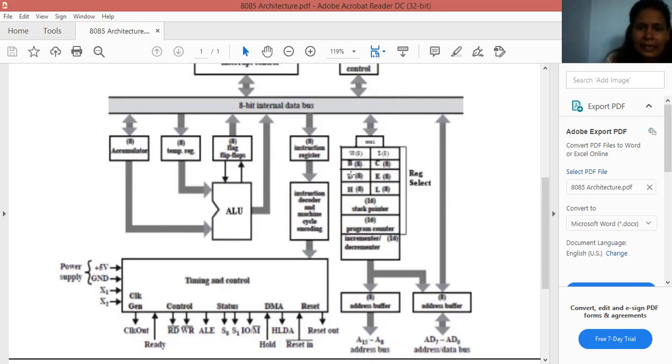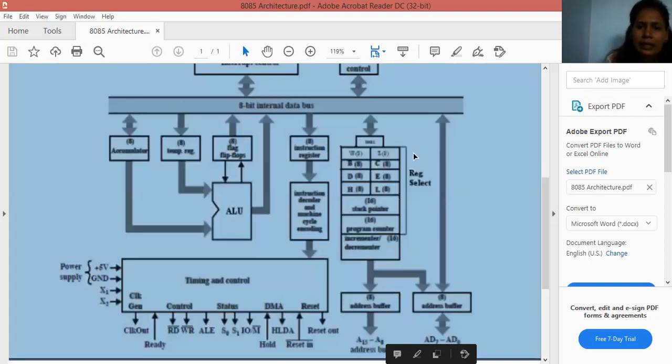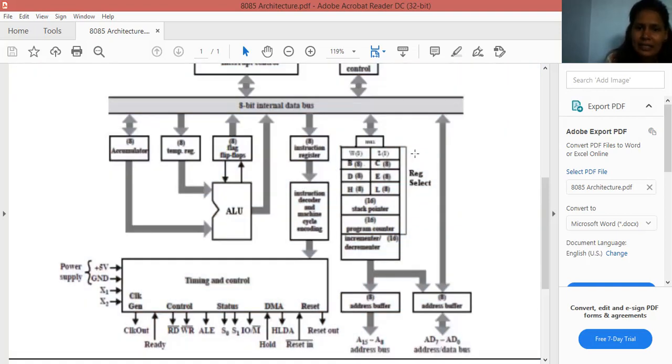B, C, D, E, H, L, accumulator or A. These are the general purpose registers. These registers are available for the programmer. WZ is the temporary register pair.